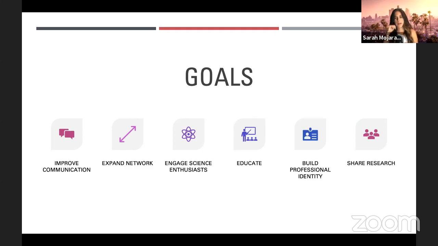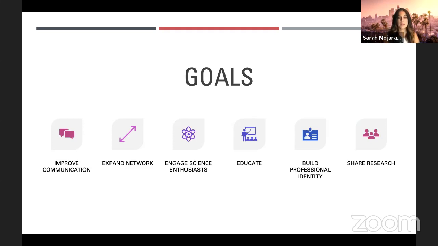So here are some of the goals that I typically recommend that people think about when they're just getting started. I always encourage folks to be a little bit selfish too. You want to be putting out things that are going to impact your audience, but you also want to be thinking about what you can gain from the experience. So if conducting social media-based science communication is something that can improve communication, that is a lofty goal. And not only that, it can also influence and expand your network. And so these are things that can really play into and help motivate you to be conducting science communication, be consistent with your platform.